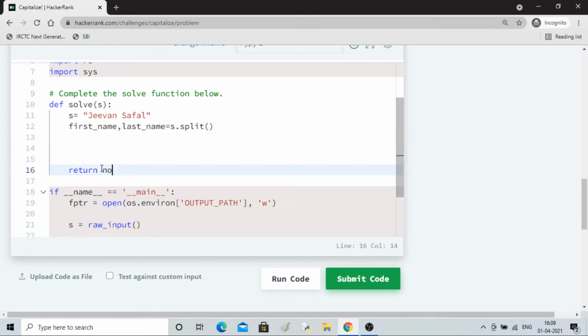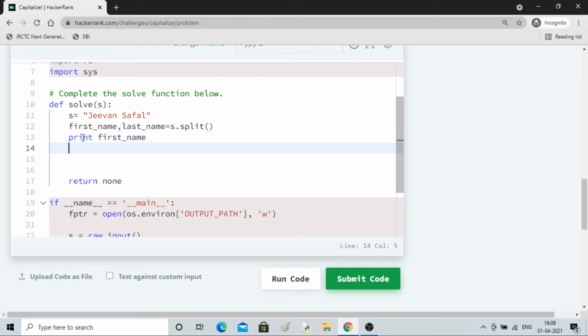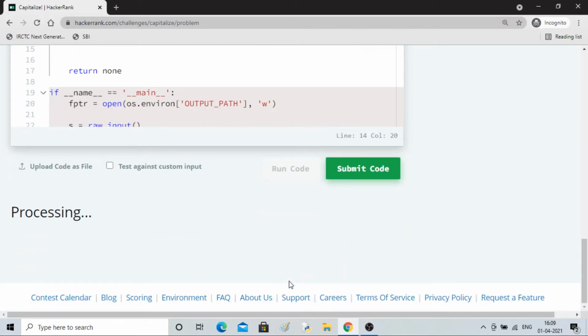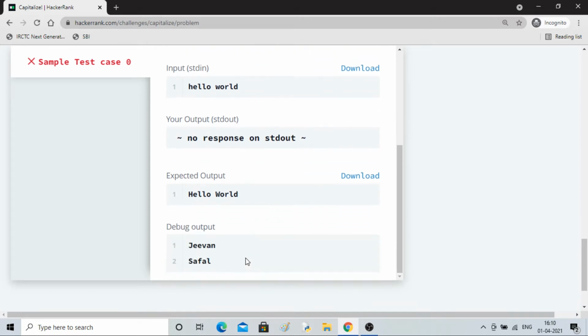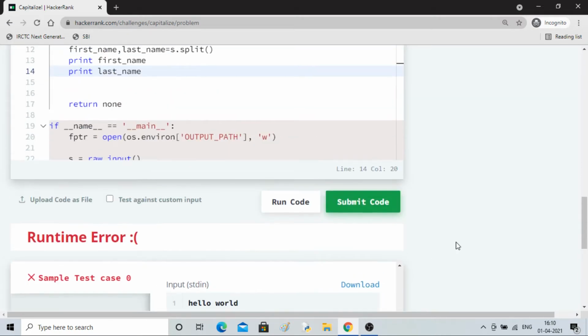Now if I print first name and print last name, then you can see that it is perfectly fine. You can see in the debugger that you are getting G1 and shuffle.